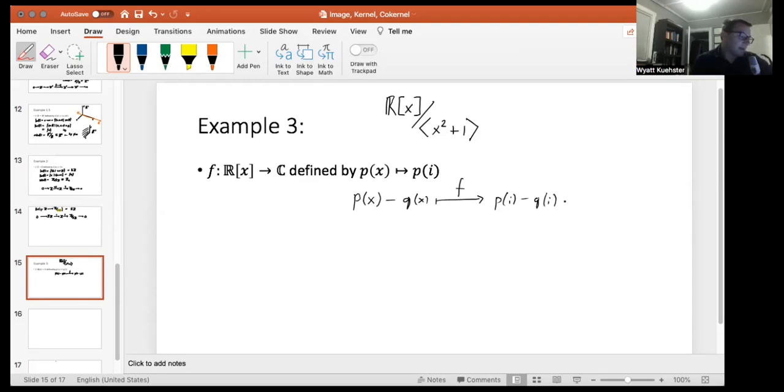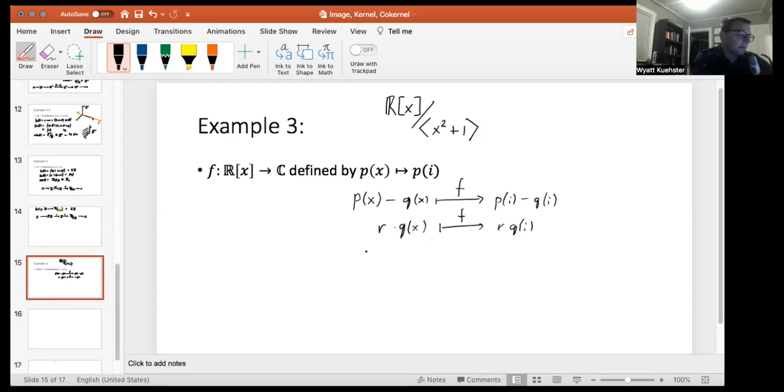But this is the same thing as the map applied to p of x minus the map applied to q of x. And if I take a real number little r and multiply it by q of x, the map f takes this to the real number times the complex number q of i. And since the complex numbers are a real algebra, you can multiply complex numbers by real numbers. It just multiplies both the